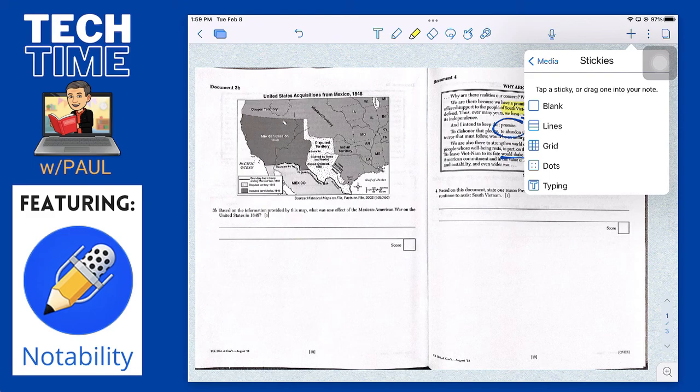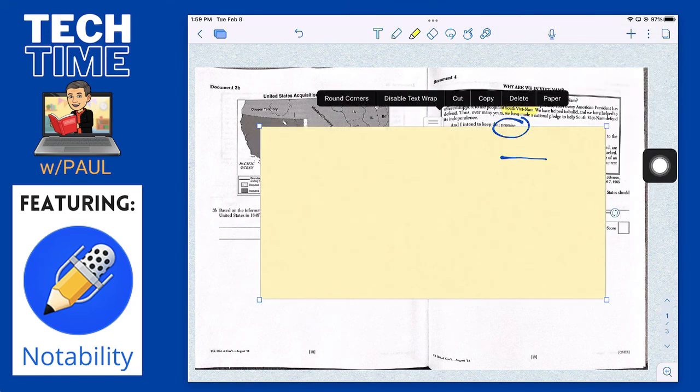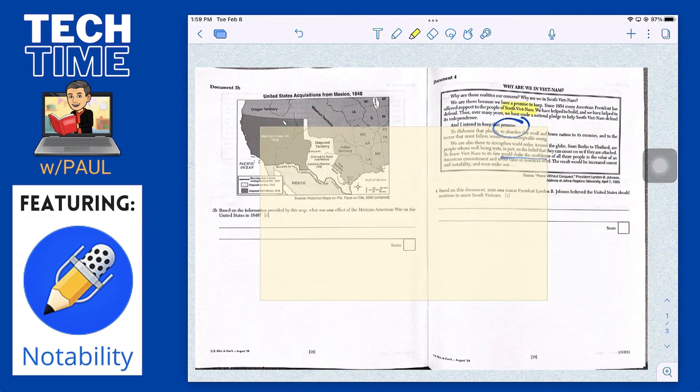Now, of course, with Notability, you could write all over things, and it's not like writing in a textbook from years past. But a sticky note helps highlight things, and a sticky note can be moved and changed. So let me just show you very quickly the different kinds you could see. I could make my sticky note have lines, it could have grids, dots, or I could use it straight away for typing. I'll start with a blank sticky note, and this one came up as a rectangle,